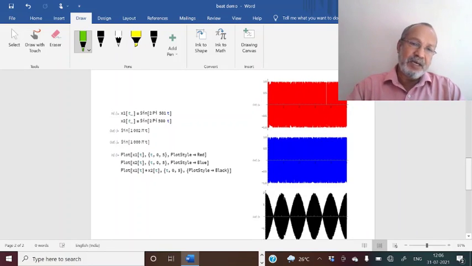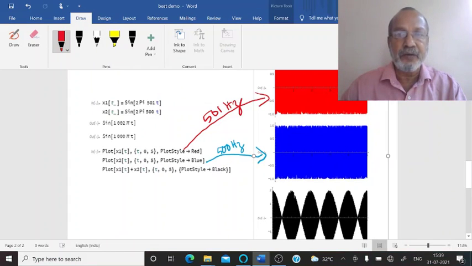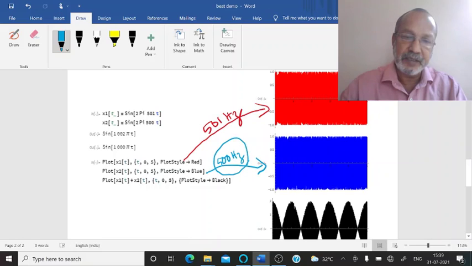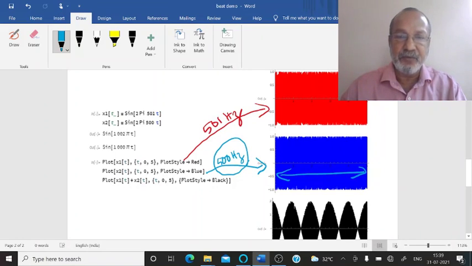So in this example I have taken 501 Hertz and 500 Hertz as SHM 1 and SHM 2, and I have drawn the graphs here. In this diagram you are not able to recognize or count the oscillations. 500 Hertz actually means there are 500 oscillations in 1 second. So here you have totally 5 seconds, so there are 5 into 500, that is 2500 oscillations within this distance.